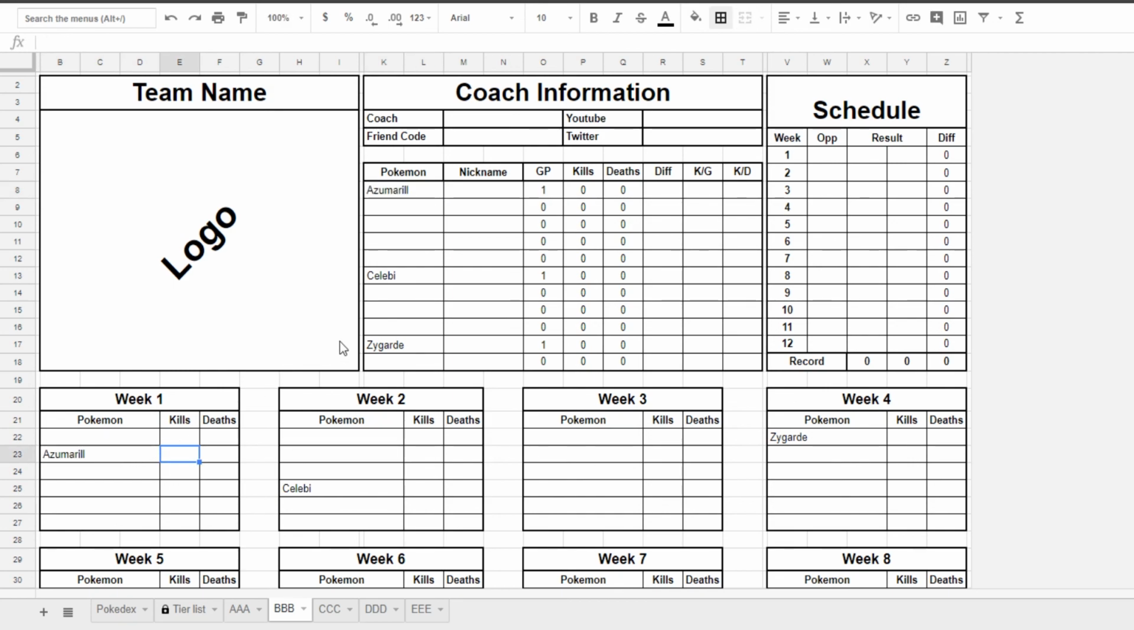There you go. Now, if we look at the kills and the deaths, if I did this right, and if I showed it to you guys right, the number should populate within the kills and deaths column. Azumarill shows to have 3 kills. If I put a 1 here, it shows to have 1 death. Celebi, if I put a 5 there, it shows to have 5 kills. And if I put a 2 there, it shows to have 2 deaths. And then we'll just do the same for Zygarde. As you see, it has the 1 and 8. And that's it. It's fairly simple,